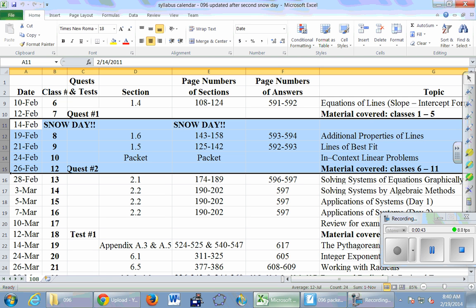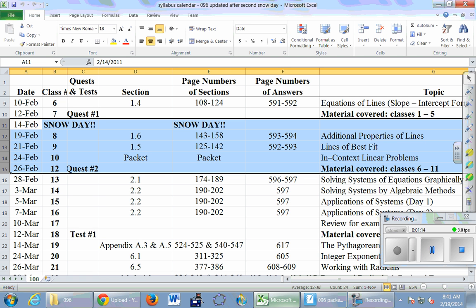Okay, so we had our snow day on the 14th, which means I took everything and I shoved it down one day, except there was a day right before quest number 2 on the original calendar called Catch-Up Day. That was a day built in just in case we needed to slow down a little bit and catch up. Well, we have lost that catch-up day now because we have our second snow day. So quest number 2 is on